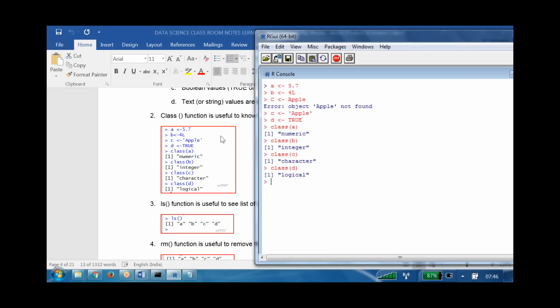If you want to type something directly, we can type it. I mean to say class of 4, numeric 4. Then enter. So what is it saying? Numeric. Now just type the class of 4L.